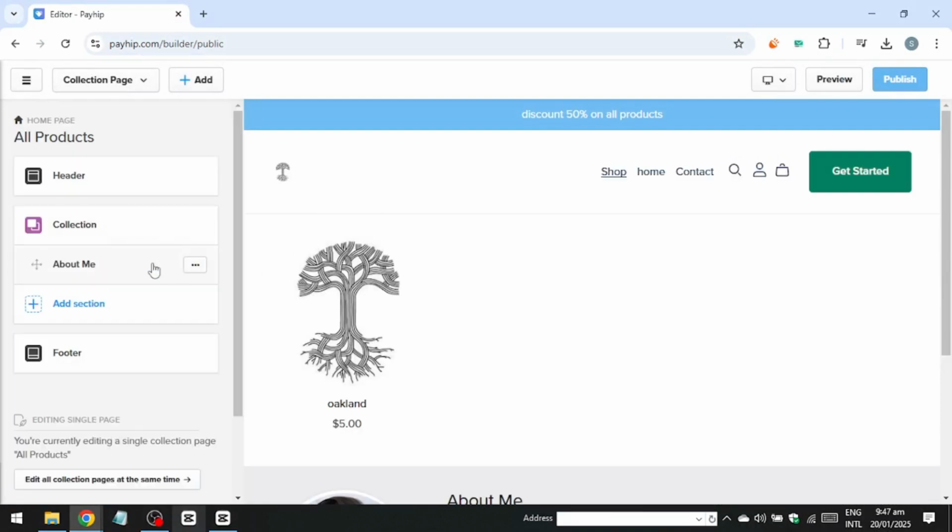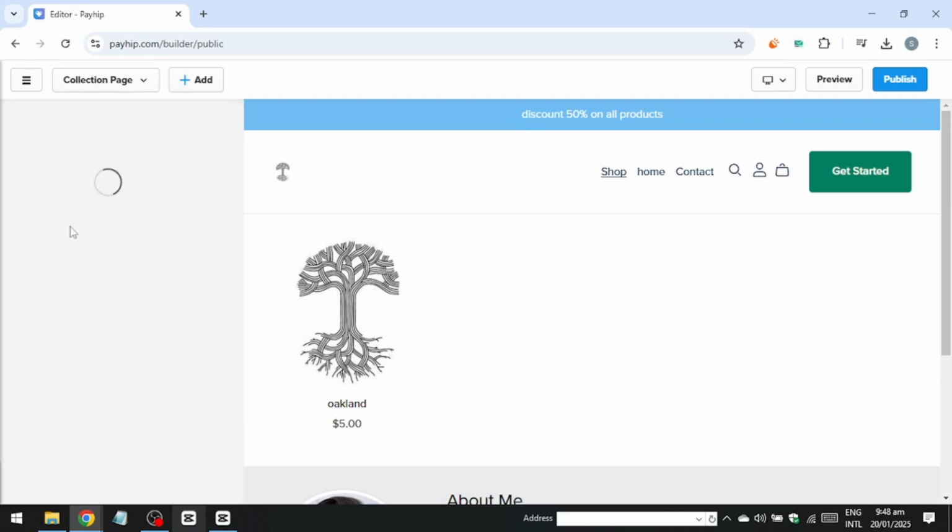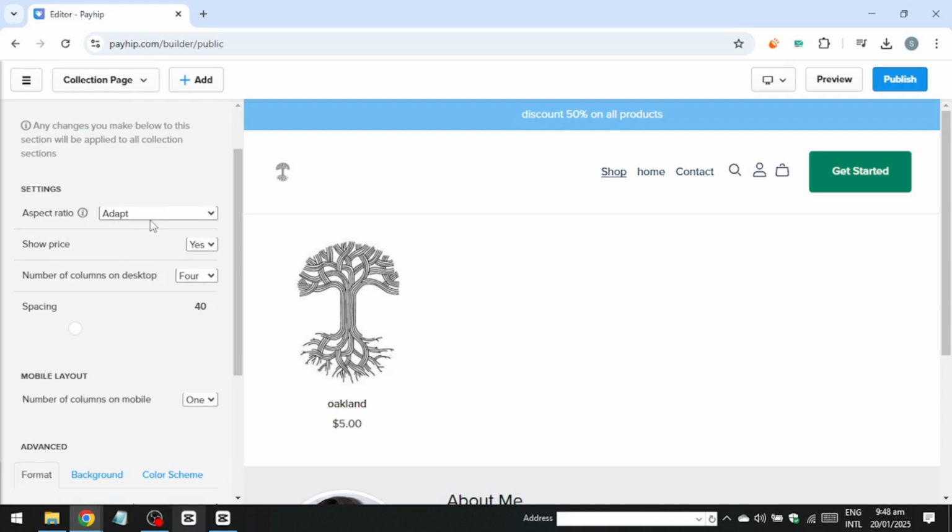This section is where all the products you're offering are displayed, and it plays a crucial role in creating a visually appealing and user-friendly shopping experience. You have the flexibility to rearrange the order of your collections simply by dragging and dropping them into the preferred arrangement. This makes it easy to prioritize certain collections or organize them in a way that aligns with your brand